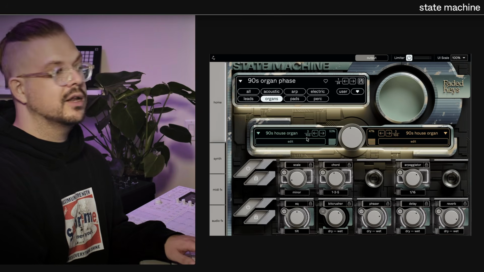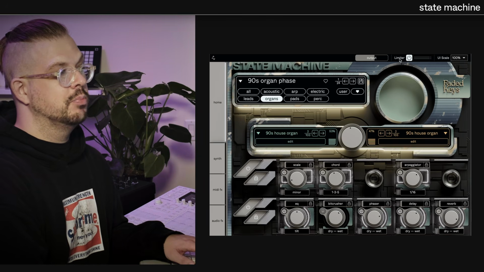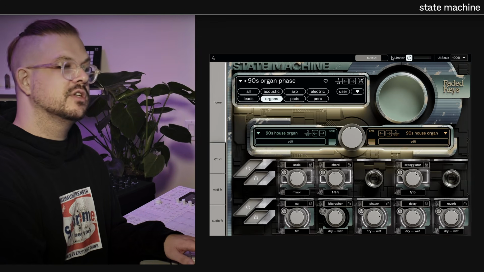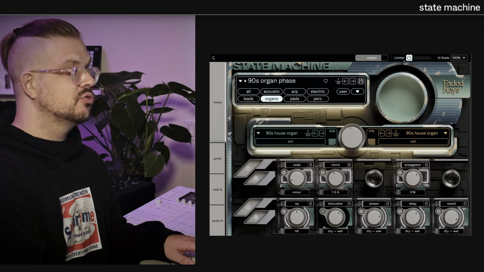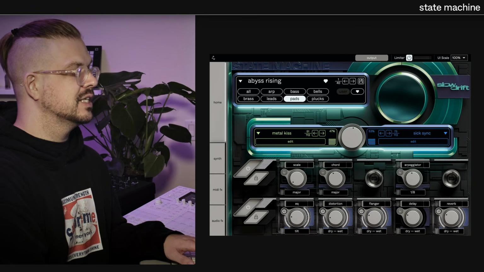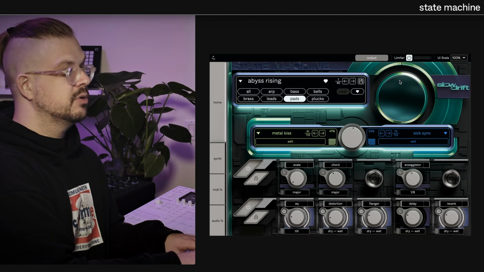The last area to look at here on this homepage is the output. This might seem really simple. Yeah, it's an output slider, but we also have this feeding into a limiter. And this is really great for when you want to play a sound and you want to make sure that it doesn't clip. So if I play this preset back,